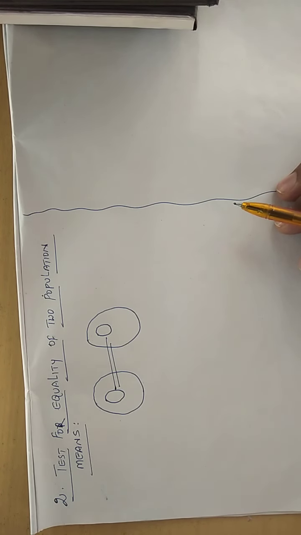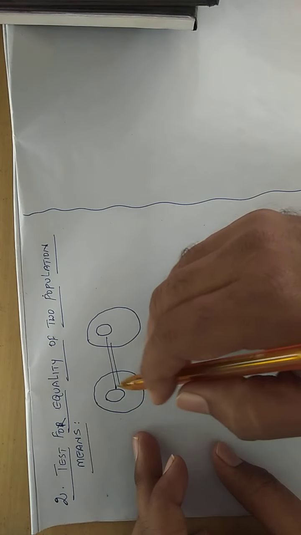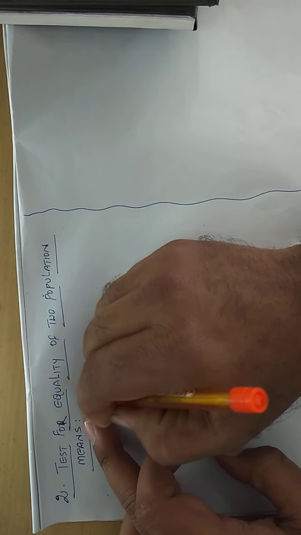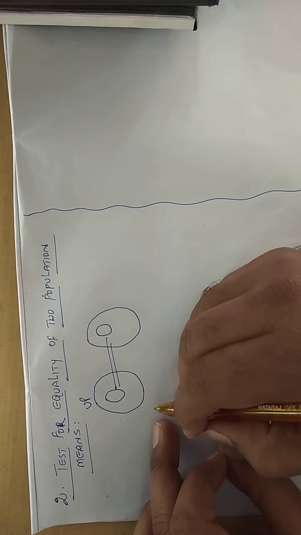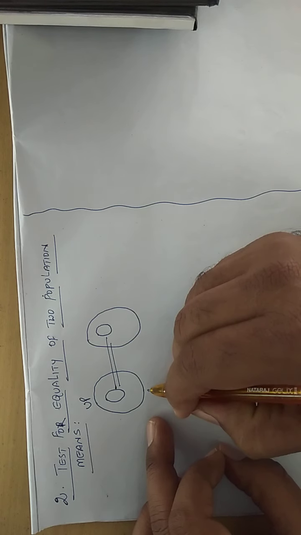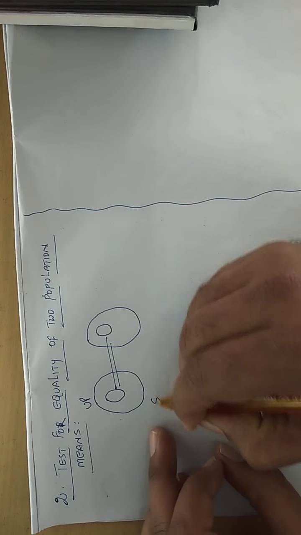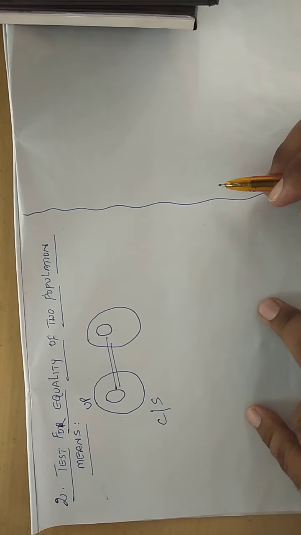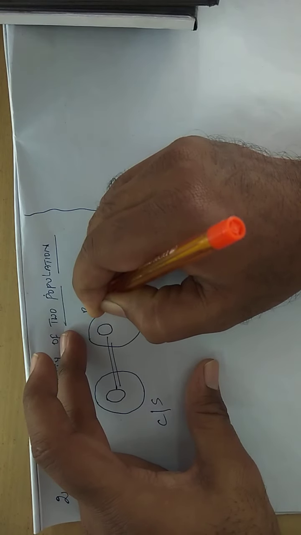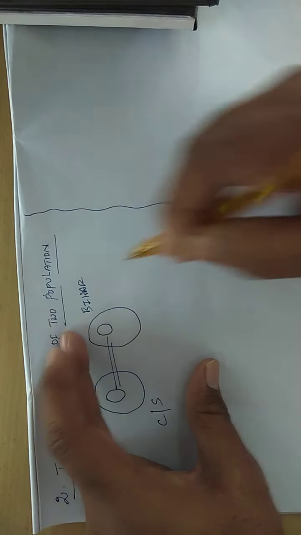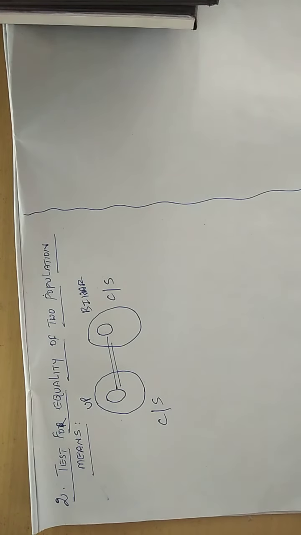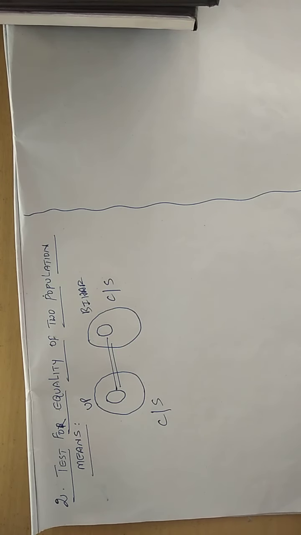For example, let us suppose that from state 1, let us take UP. From UP, there are more civil services candidates. Same way, let us suppose one more state like Bihar. In Bihar also, let us suppose that more civil services candidates are there. Civil services, the topmost jobs in India.